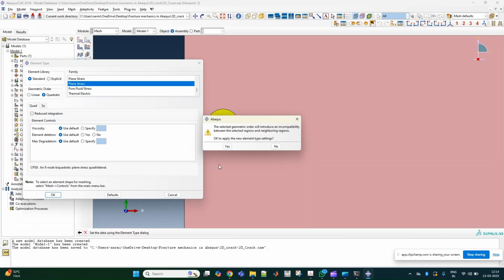You select the geometric order which you like. Select the geometric order. Selecting the geometric order will introduce an incompatibility between the selected region and the neighboring region. Okay,